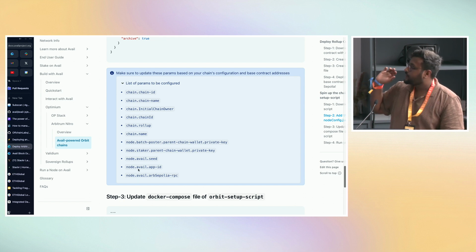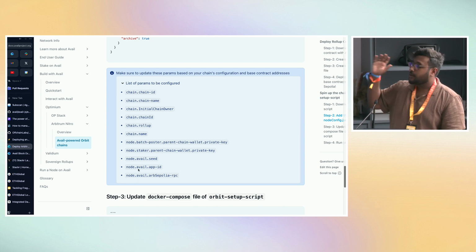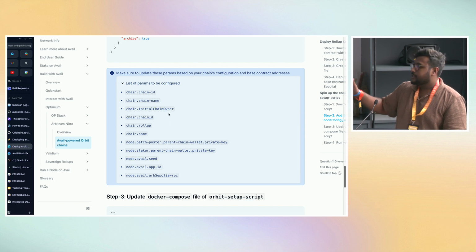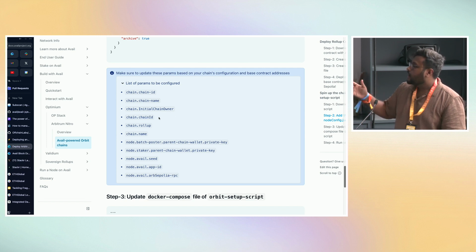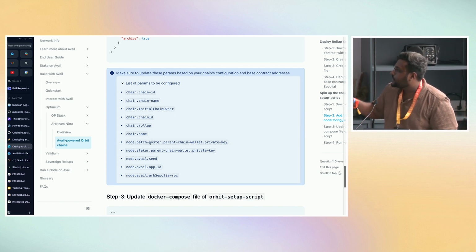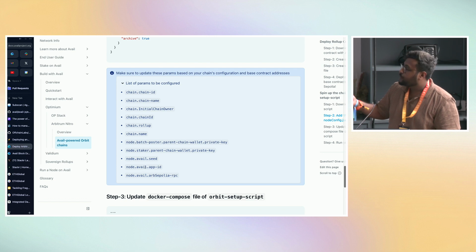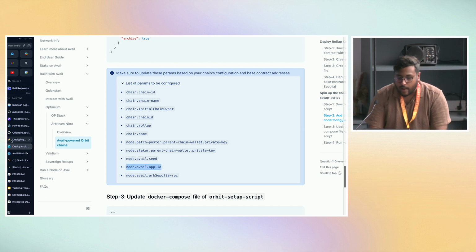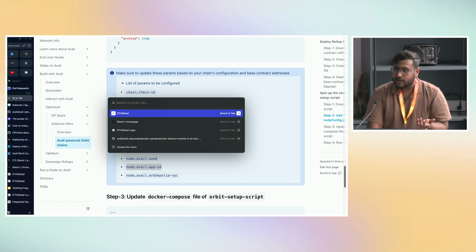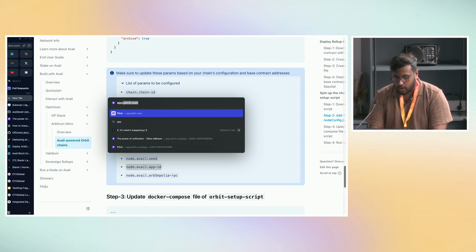addresses and all of the information that you have based on your deployed smart contracts. Basically you need to change the chain ID, the name, the initial chain owner. So this would be an address. Again, this would also be the private key and the address, the seed phrase of your Avail wallet. You need to put in your app ID. So you need to create your own app ID for this. You can create it programmatically if you want, which is again an example that is already provided, or you can